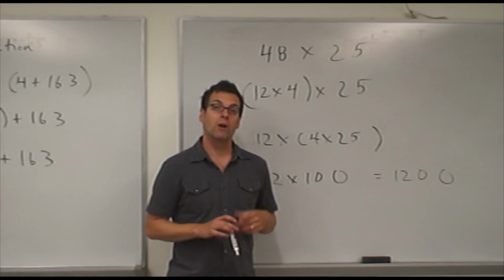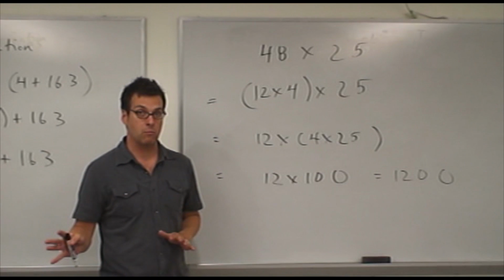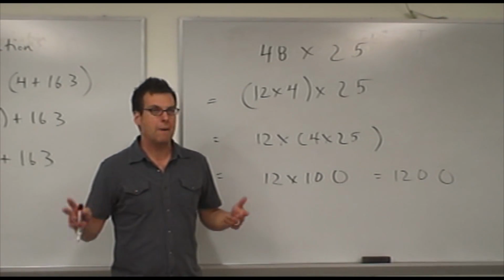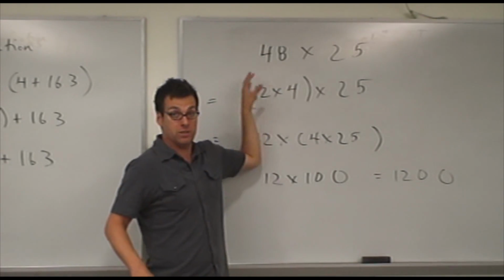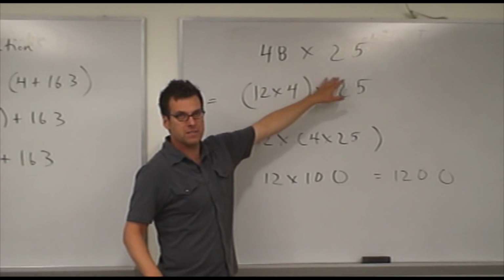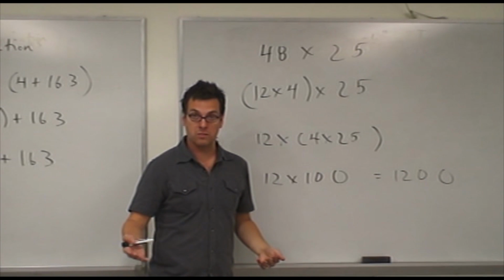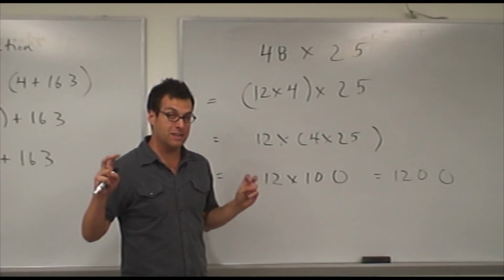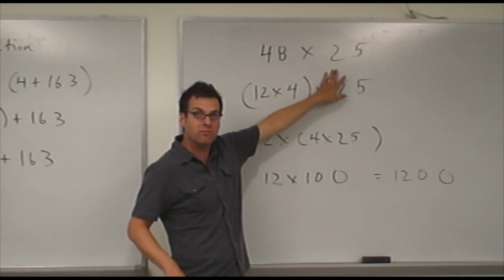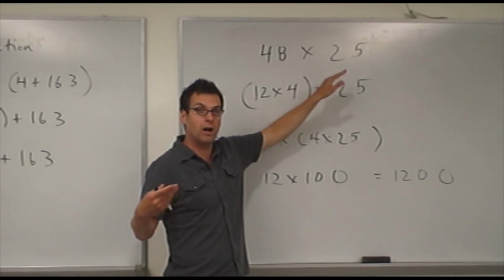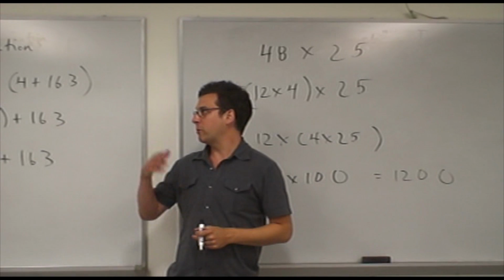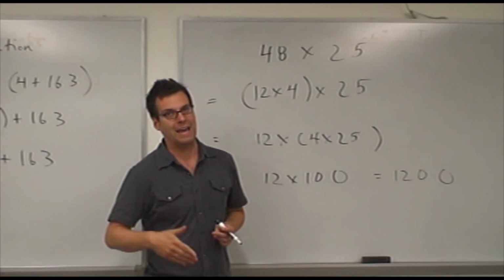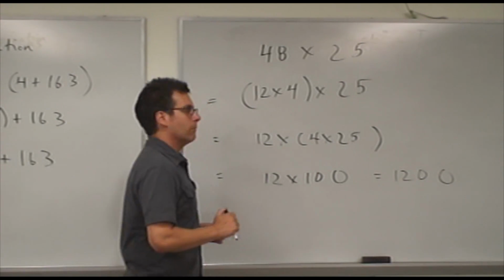So compensation for addition and multiplication works much the same way. Through the commutative properties of addition and multiplication, it does not matter which number we end up choosing to change, the first number or the second number. Our thought process is based on which number is most easily turned into a nice number to work with. In this case, it was 25, because 25 can easily be made into 100 by multiplying by 4. In the previous case, it was the 96, because 96 could easily be made into 100 by adding 4. Now, there are